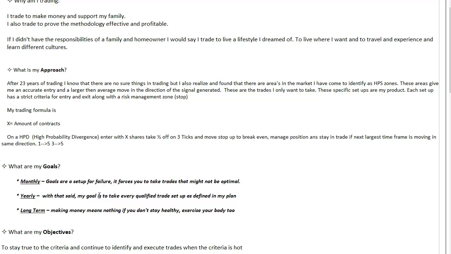So the goals there, I don't like goals. But if you want to have other goals, I said I'd take every qualified trade. I'm working on that still. I don't take all the good setups. That builds confidence. Lots of times, mostly because I feel like I'm not getting the optimal setup when I'm on the radio, I see it after the fact, and then I really pay attention to my rotation.